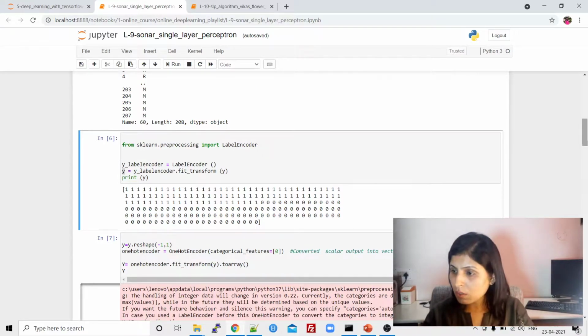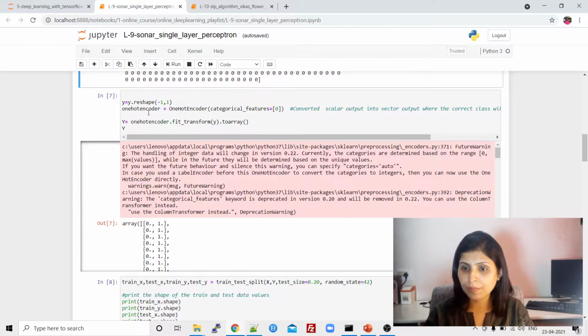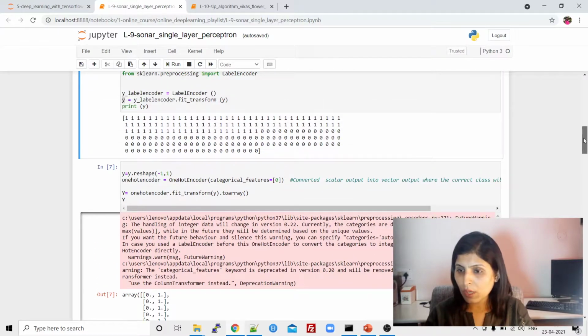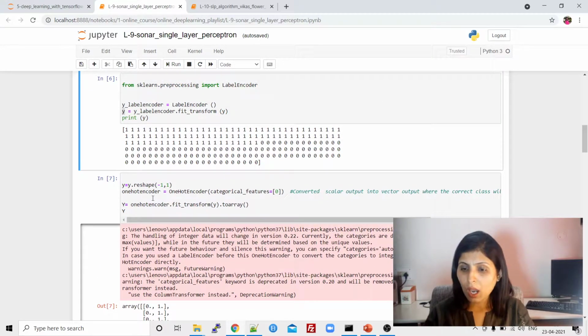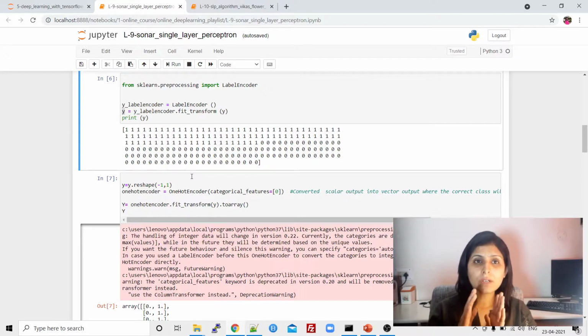See over here in the next column. Once we perform label encoding, after that we perform one hot encoding. One hot encoding simply means creating separate columns for each class. We have two output classes, rock and mine.